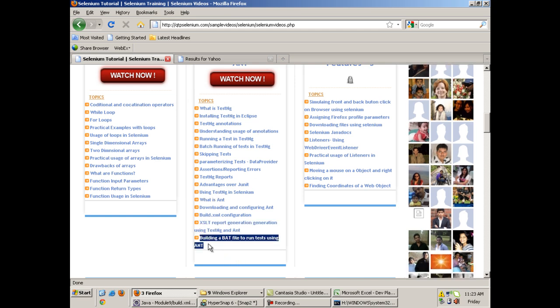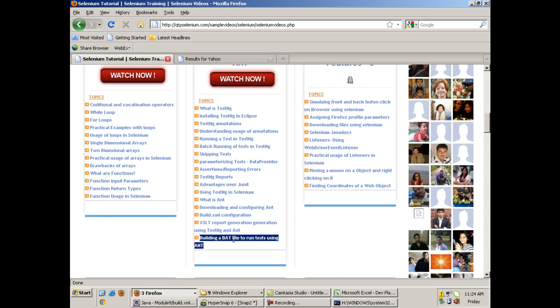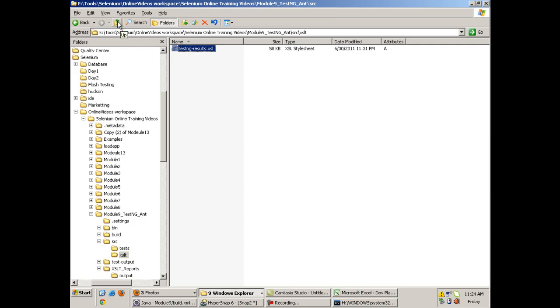That is building the bat file to run tests. Bat file is like an exe file. You double click on it and all your test cases start executing inside Testng. You don't have to do anything. You simply have to double click on that file and the test cases will start executing. What I mean to say is that in the beginning of this tutorial,